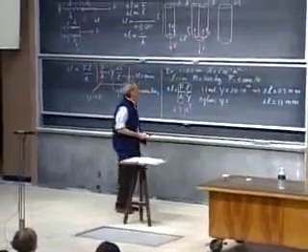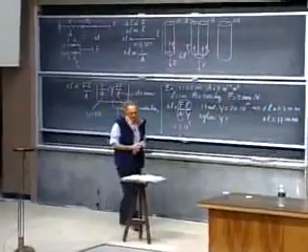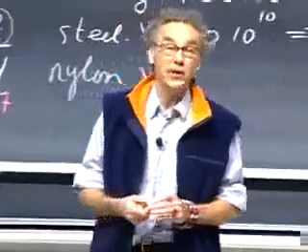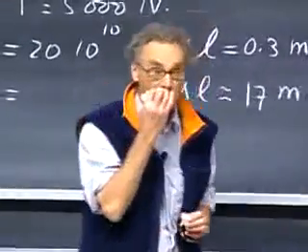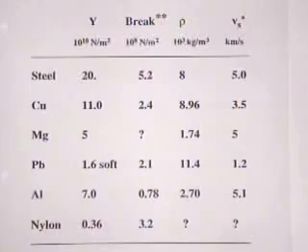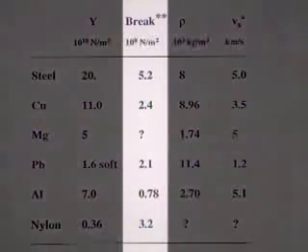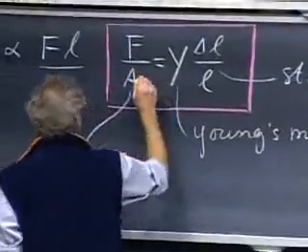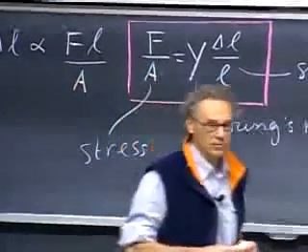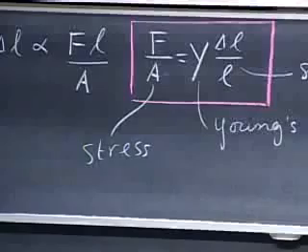If I start adding more weight on these bars, then very interesting things are going to happen, as we will discuss today. One thing which is obvious that will ultimately happen if you keep loading down, keep adding mass, it will break. And the breaking point is given there in the 3rd column, and we call that the ultimate tensile strength. So when F over A, when this value becomes too large, that's what it comes down to, then it